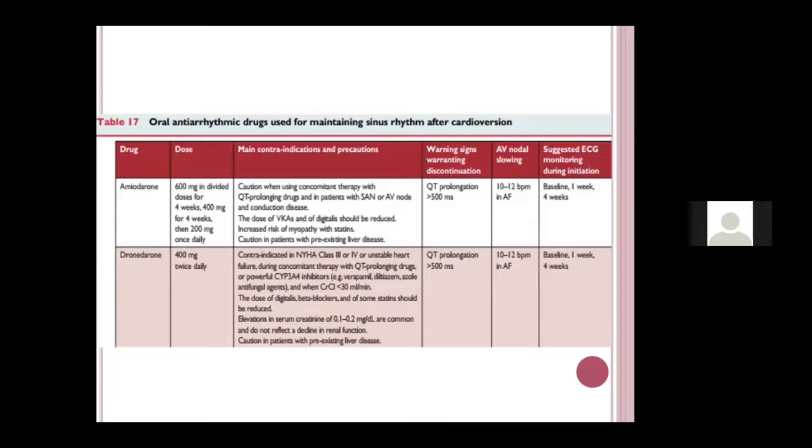Now, I have already told you about amiodarone, its dose, its side effects, how it should be given. A common side effect is QT prolongation. Similarly, dronedarone is a congener of amiodarone. It doesn't have iodine, and that is why it lacks side effects like hypothyroidism, which I forgot to mention. One of the important side effects of amiodarone is hypothyroidism and hyperthyroidism. Hypothyroidism is more common than hyperthyroidism. Dronedarone doesn't have iodine, so it doesn't cause either hypo- or hyperthyroidism. So that is one thing which you have to know.